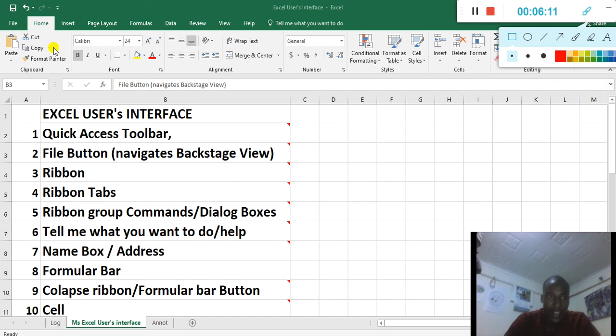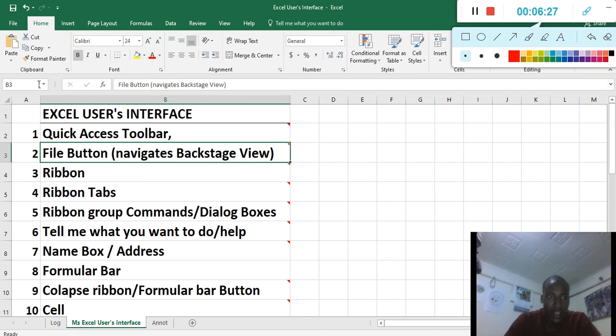This is what we call the ribbon. It contains groups of commands under each